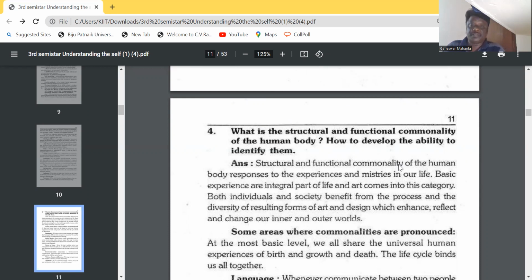Basic experiences are an integral part of life, and art comes into this category. Both individuals and society benefit from the process and the diversity of resulting forms of art and design, which enhance, affect, and change our inner and outer worlds. Individuals and society benefit from the social process and diversity, the resulting forms of art and design which enhance, reflect, and change our inner and outer worlds. Some areas where commonalities are pronounced: